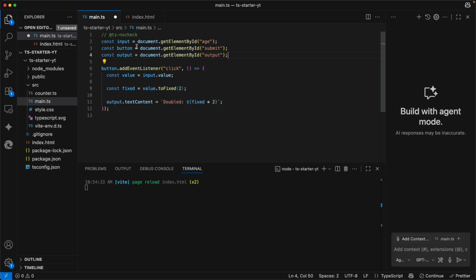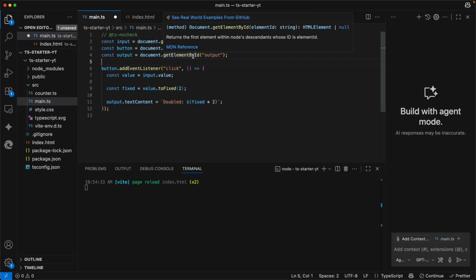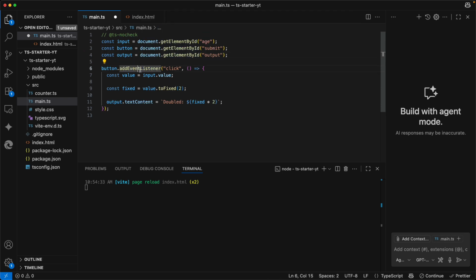Okay, so what are we doing here? We are getting all the elements here, input and button and output, with getElementById. And then we are registering this click handler here with addEventListener. Event is click. And then we have this arrow function that is handling the click, and we are fetching the value entered by the user with input.value. This is important here.